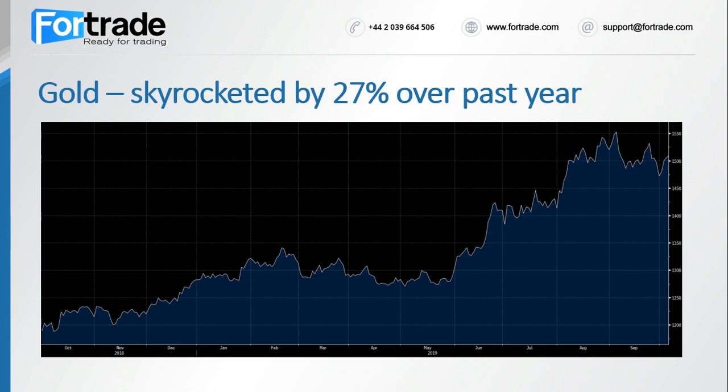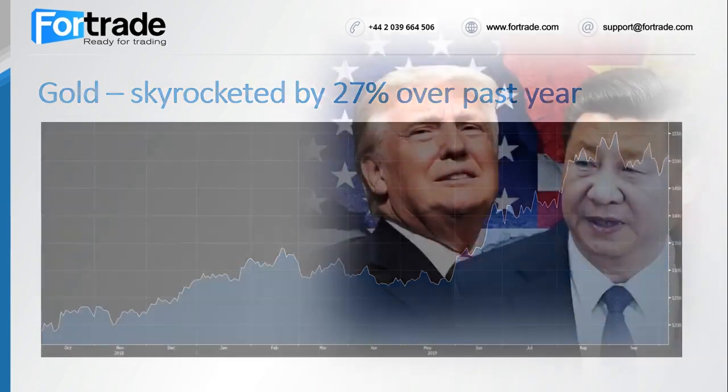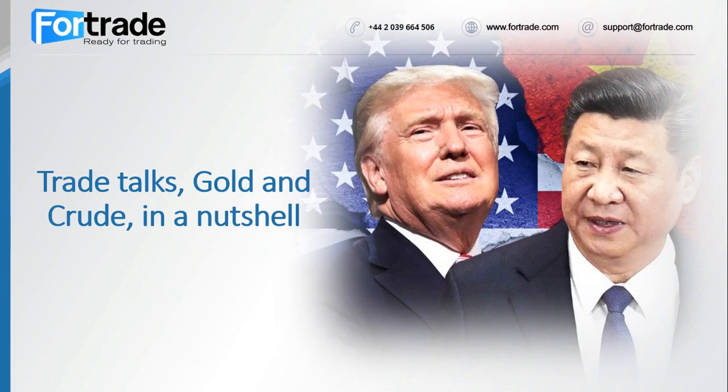Gold has mainly been driven by three factors: the trade war, geopolitical risks, and lower Fed interest rates, which have pushed gold prices higher. Over the past week, poor economic data in the US and the EU has pushed prices back towards 7-year highs. To simplify, successful trade war talks will be good for higher crude prices and stocks, and might put downward pressure on gold prices. If the talks fail, this would support gold prices but would place downward pressure on crude oil prices. In this scenario, we would also expect stocks to go down in value.